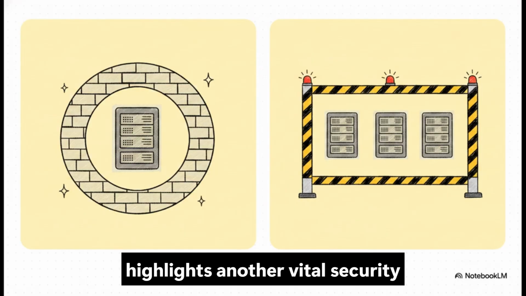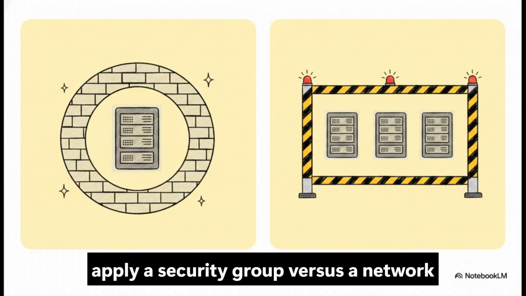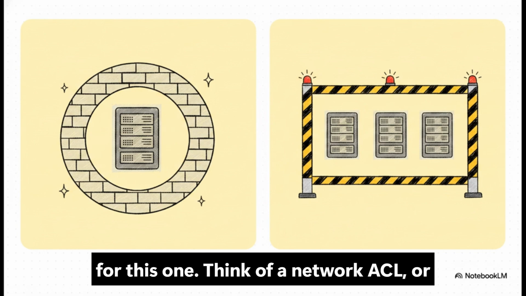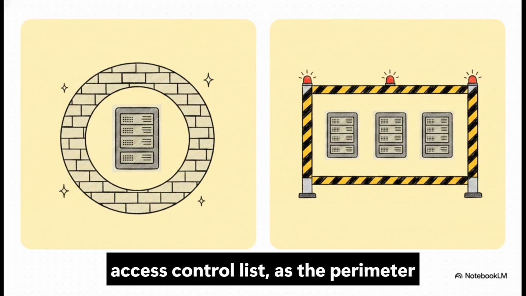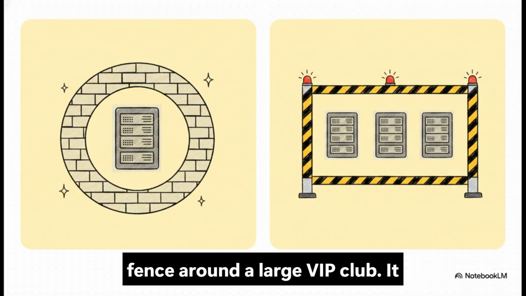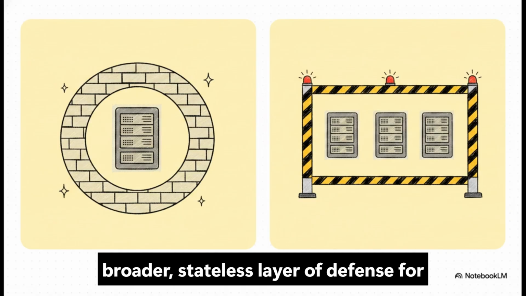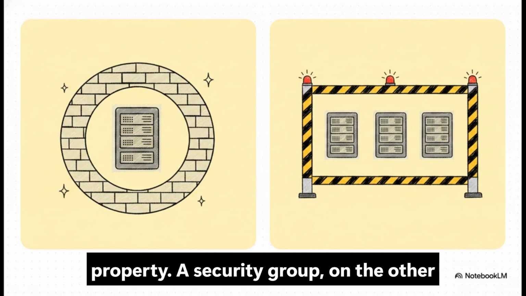Topic 6 highlights another vital security distinction, knowing exactly when to apply a security group versus a network ACL. Let's use a really simple analogy for this one. Think of a network ACL, or access control list, as the perimeter fence around a large VIP club. It operates at the subnet level, providing a broader, stateless layer of defense for an entire segment of your network